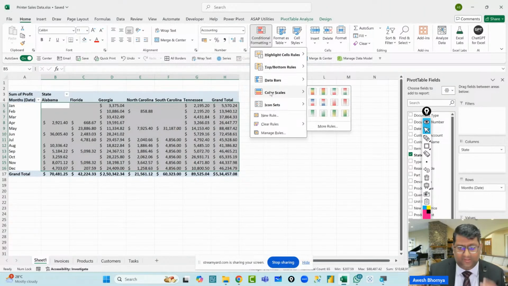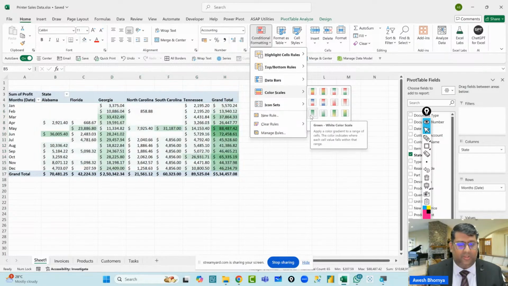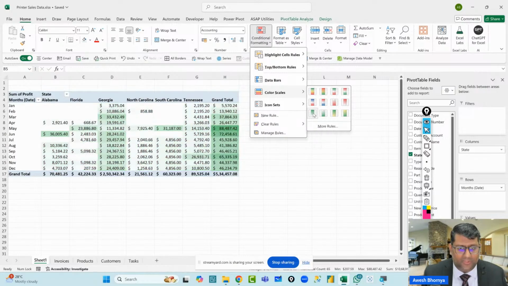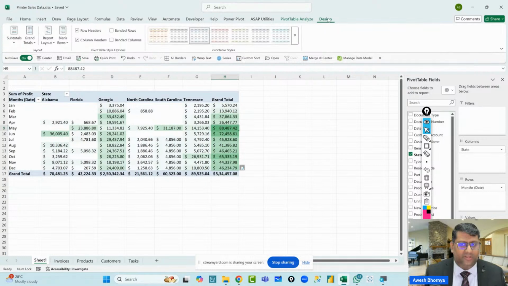I will use color scales, but this time around, higher the value, so let's use a white green color scale, wherein higher values show a greener color. I'll just take this, and before I move ahead, because these grand totals are pretty big, I will switch them off by going to the design tab and switching off the grand totals for rows and columns.